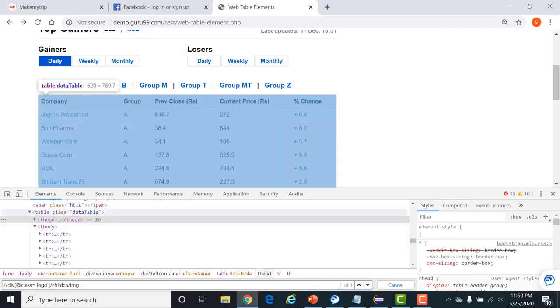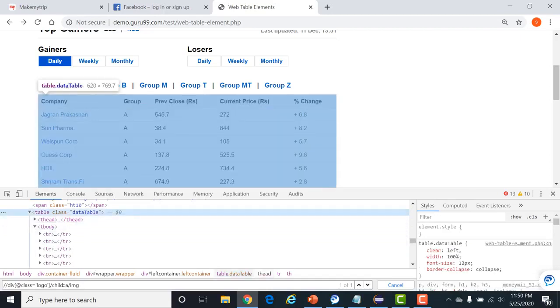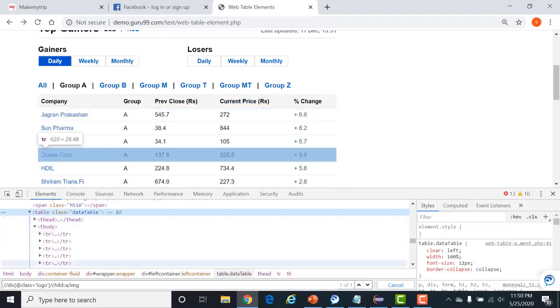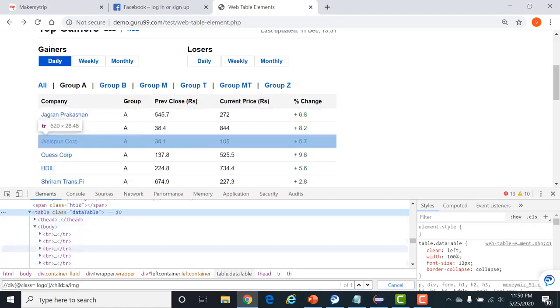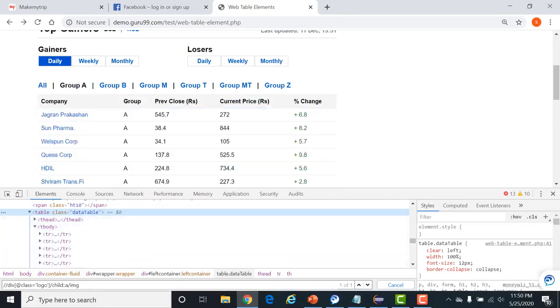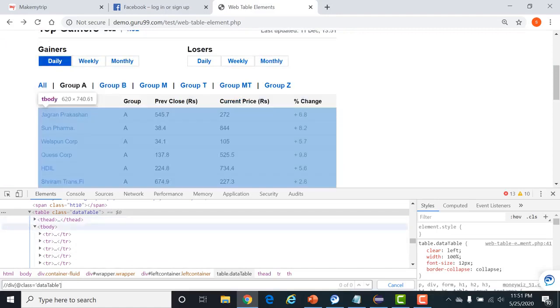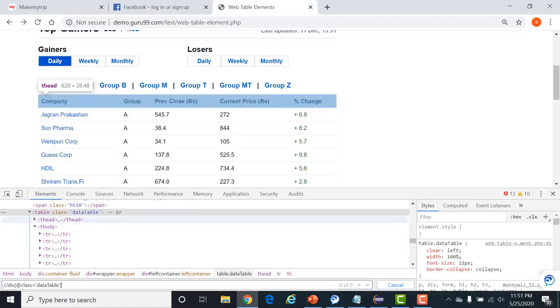Now, see. We want to design the dynamic XPath of this. We know the table class will be data table, but after this what will come, that we are not sure. So how we are going to design XPath in such condition? Simple, write basic XPath to find the table first. Right? Now inside that we know there is one child element, that is T head. Child as T head.